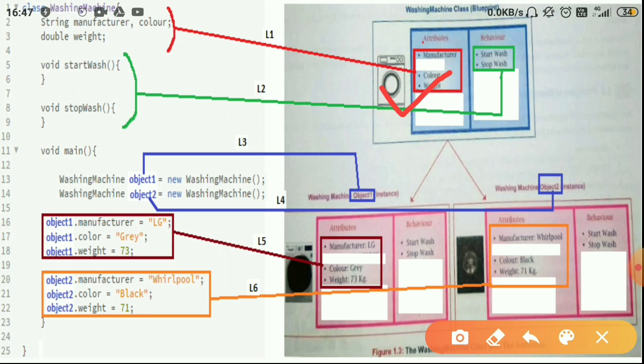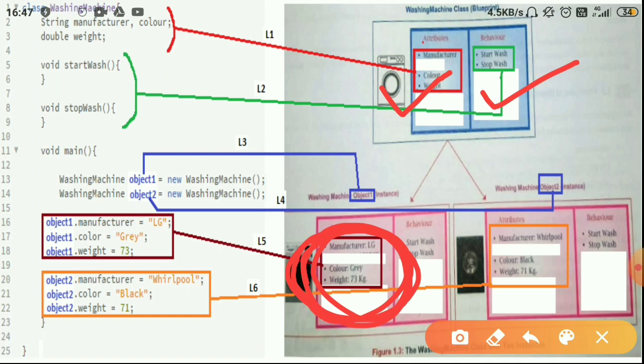Similarly, I've chosen 2 behaviors, start wash and stop wash. And the values which will go to those variables are represented here. The first washing machine object has the manufacturer as LG, color as gray, and weight as 73 kg. Similarly, the second washing machine object has the manufacturer as Whirlpool, color as black, and weight as 71.